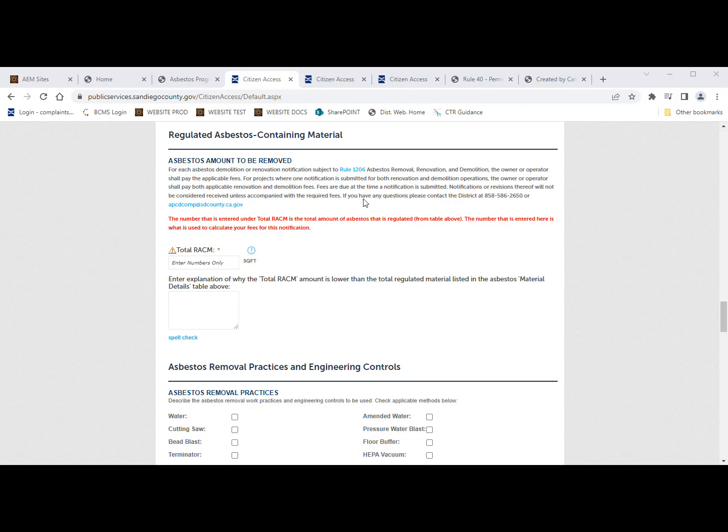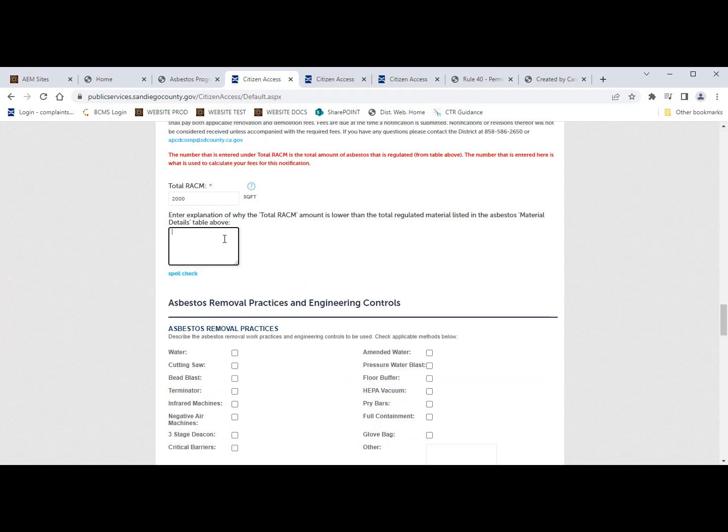The number that is entered here is what is used to calculate your fees for this notification. So this is going to determine how much you have to pay based on the square footage. So for this project, we said we had 2,000 square feet of RACM. If for whatever reason the total RACM is lower than the total regulated material listed in the material details explained in this box,